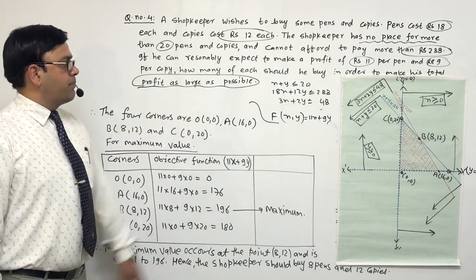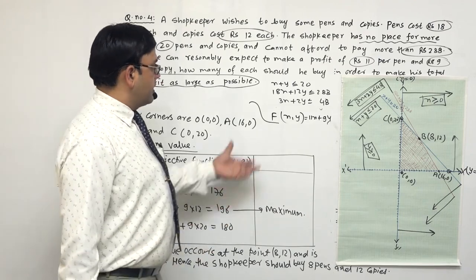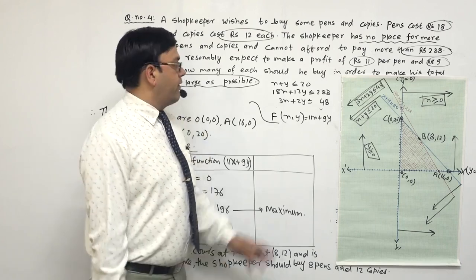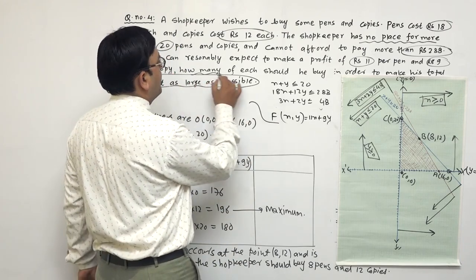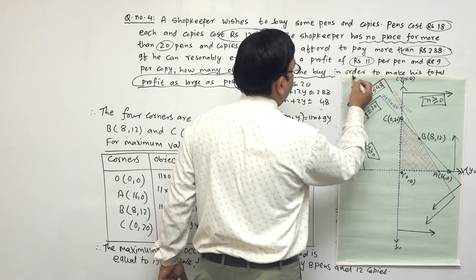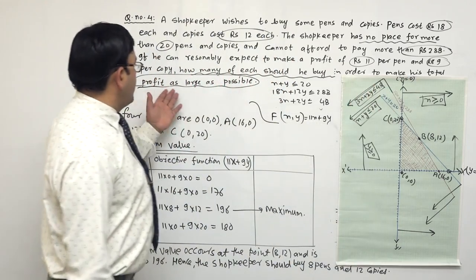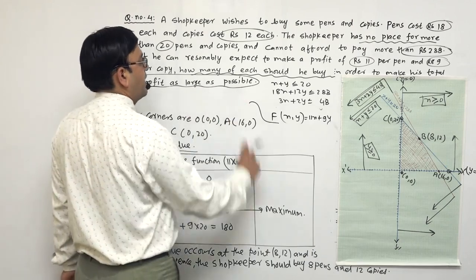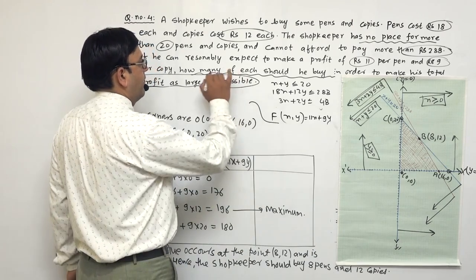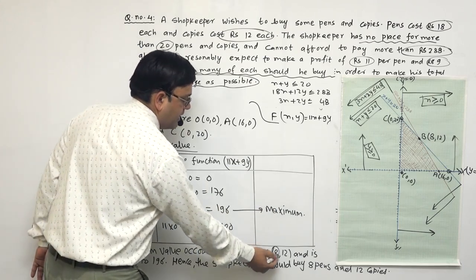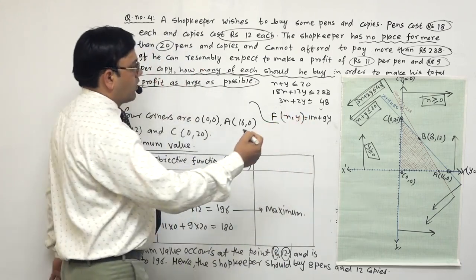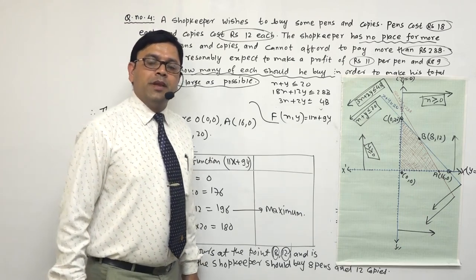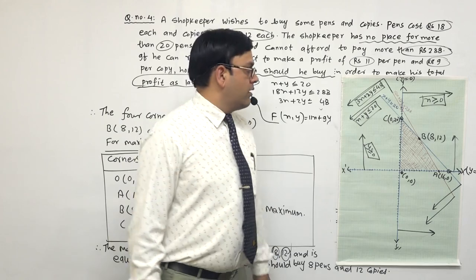यसरी उसले चाहिँ म्याक्सिमम प्रॉफिट गर्नको लागि हेर्नुस् त कति किन्न पर्ने रहेछ भन्दा 8 पेन र 12 कपीज किन्न पर्ने रहेछ। यो क्वेशनको भने अनुसार हाउ मेनी अफ इच शुड ही बाय इन अर्डर टु मेक हिज टोटल प्रॉफिट एज लार्ज एज पोसिबल भनेको थियो। यसकारणले उसले चाहिँ सकेसम्म धेरै प्रॉफिट गर्नको लागि 8 पेन्स र 12 कपीज किन्नु पर्ने रहेछ। विद्यार्थी भाइ बहिनीहरु, पक्कै तपाईहरुलाई यो क्वेशन देखेर रमाइलो लाग्यो होला।